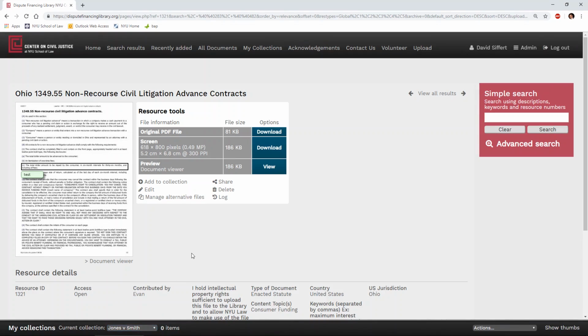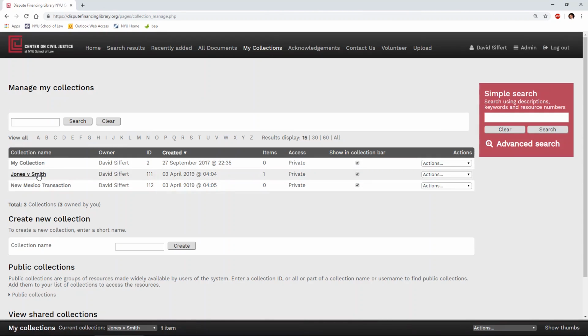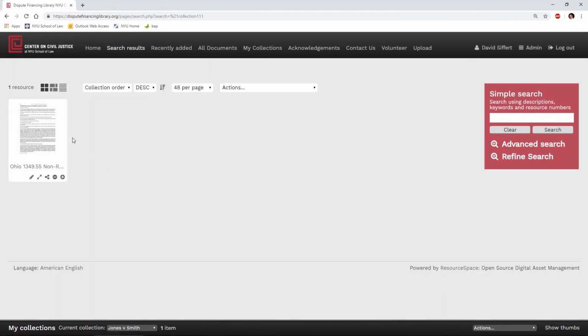Smith, you set it as your current collection. Then, if you click the Add to Collection button, you'll see that down below, the current collection Jones v. Smith has an item. If you go up to the top and click the My Collections button, and then go to Jones v. Smith, you can access all the items that you've saved to that collection. This can save you a lot of time if you're repeatedly using the same set of documents for a case